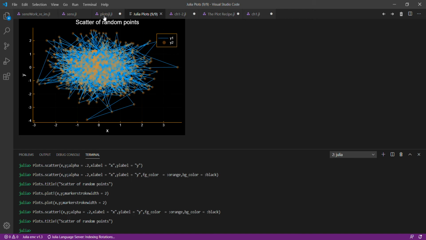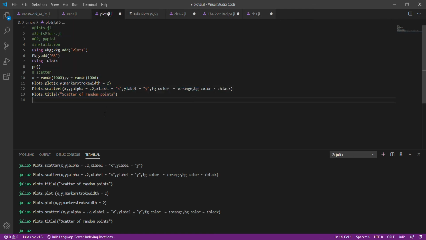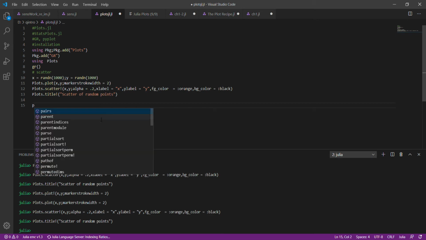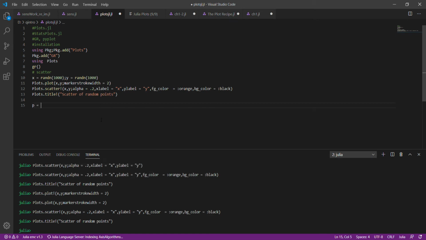Here's probably the easiest example that I can think of. Otherwise you could plot a sequence. But I sort of want to create this in a more creative way. Say we could have some object called P, which is plot, or plots.plot, or just plot. It's fine, because